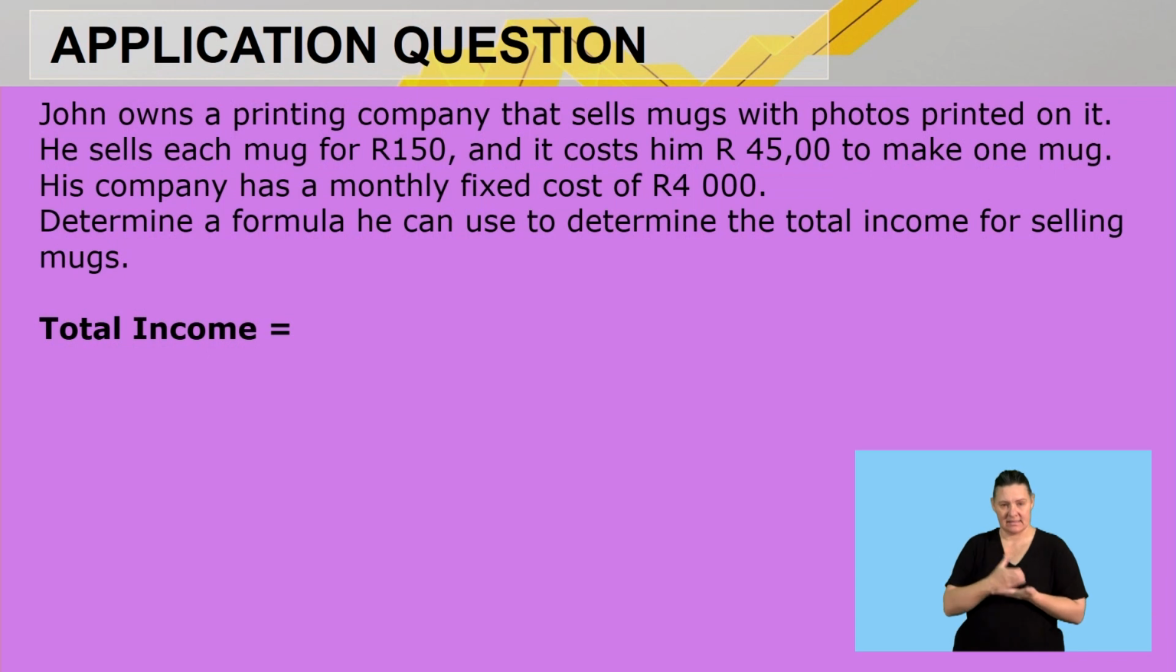Now, John owns a printing company that sells mugs with photos printed on it. It's a perfect Mother's Day gift. He sells each mug for 150 Rand. So his selling price is 150 Rand, and it costs him 45 Rand to make one mug. And then his company has a monthly fixed cost of 4,000 Rand, meaning that is my fixed cost and my variable cost. Now, determine a formula that he can use to calculate the total income for the selling of the